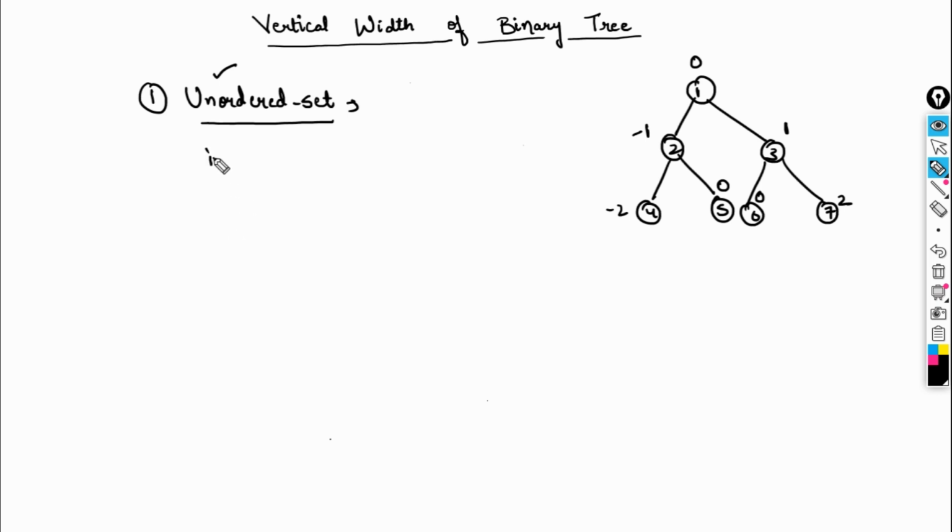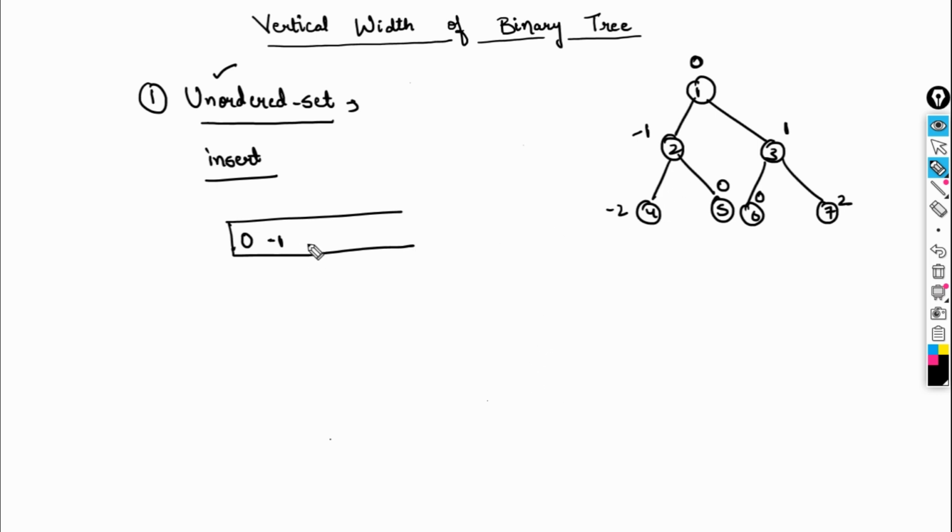Unordered sets has an insert function through which you can insert the elements inside the set, and only unique elements will be inserted, right? So let's see how it is being done. So we come to 0. So 0 will be inserted here because nothing is present inside the unordered set, right? Now we come to -1 using the insert function, right? If we see -1 is not present, so -1 has been inserted.